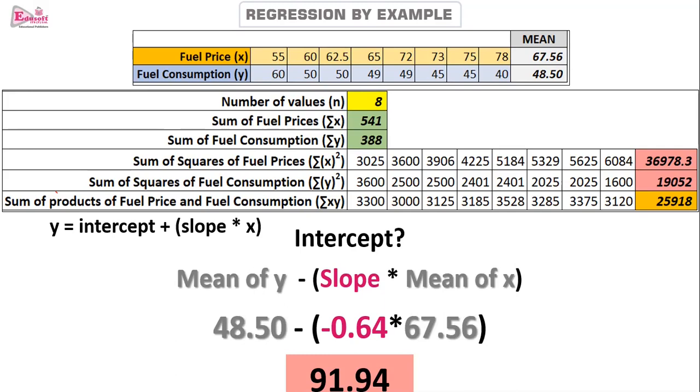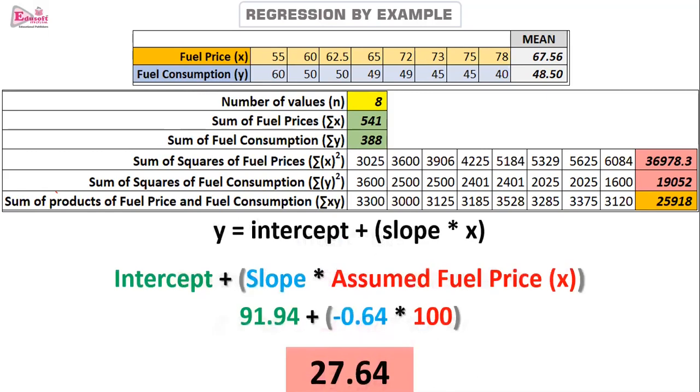Now, both values we have, we can apply these values into this formula to calculate Y. And when you do that, with the assumed fuel price, that is 100, you come down to exactly 27.64. If you remember, the graph was also showing the same thing. So I have to keep my consumption of fuel to 27,000 liters if fuel price is touching rupees 100. And accordingly, I can arrange my expenses, my costs, my staff, all other expenses, liabilities, and my profit figures. So accordingly, I will create my business strategy, keeping this fact in mind.